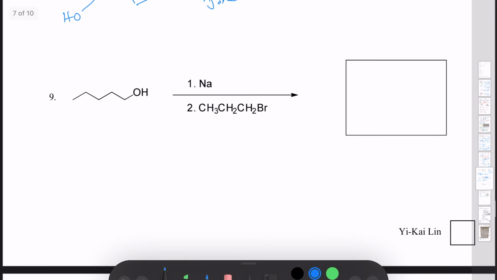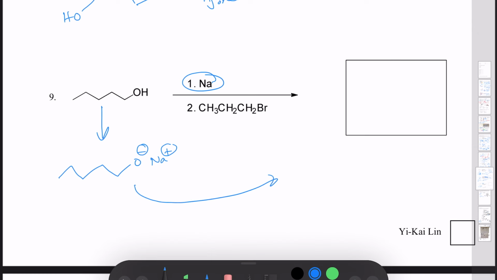For question 9, we are given pentanol actually, and we're given 2 steps. The first step is simply to react this alcohol with sodium. And in this reaction, what forms is simply the formation of an oxygen anion balanced by the sodium cation. And this is good because now it will allow us to proceed with the next step reaction, in which we